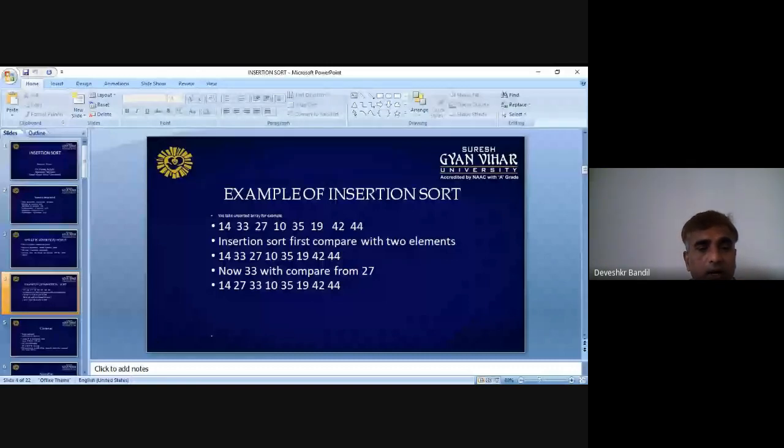The sorted sublist has only one element, 14, and 14 is less than 27. So the sorted sublist after swapping will be